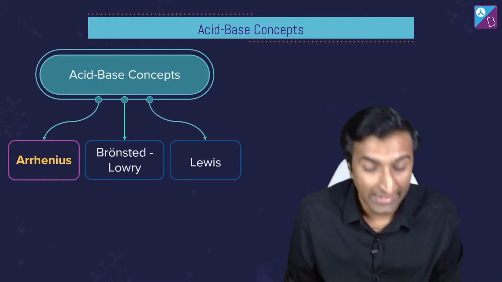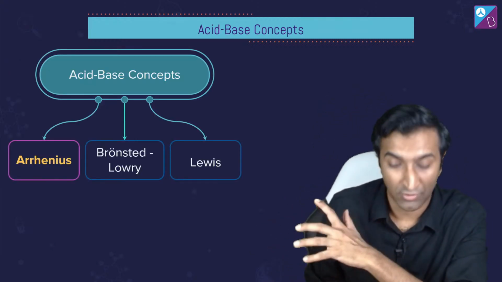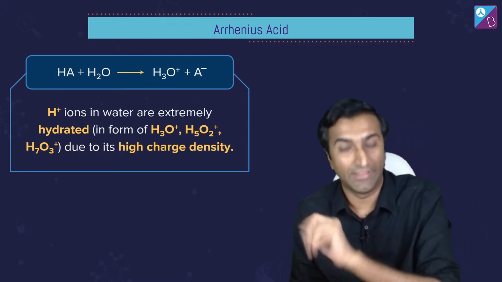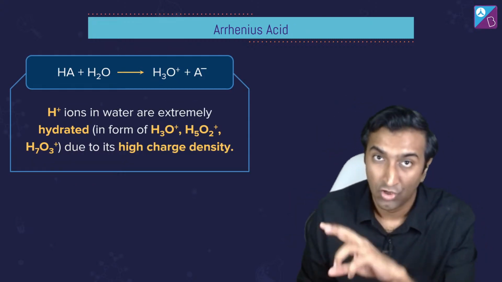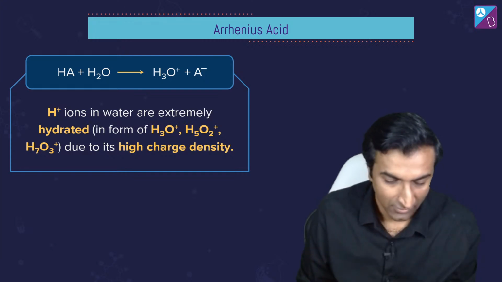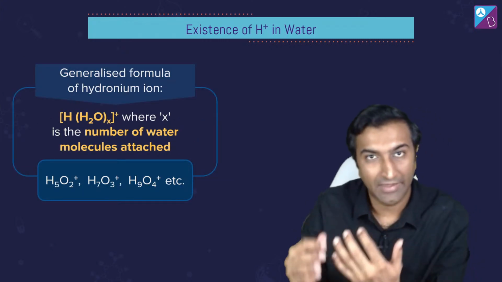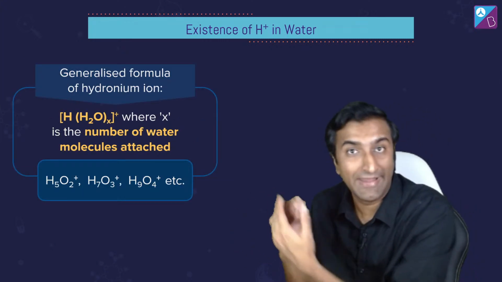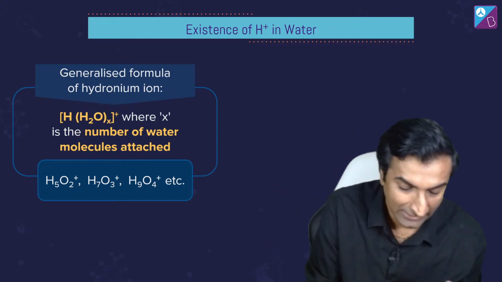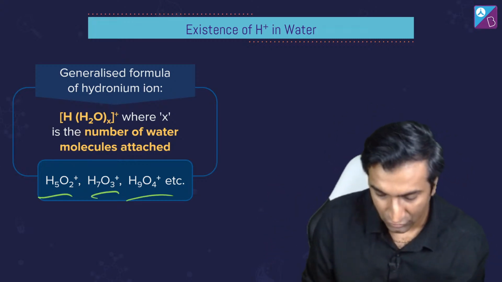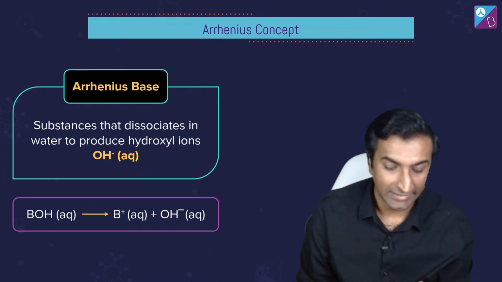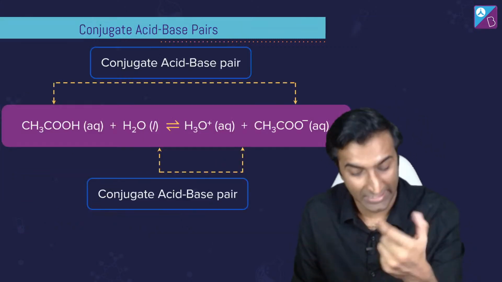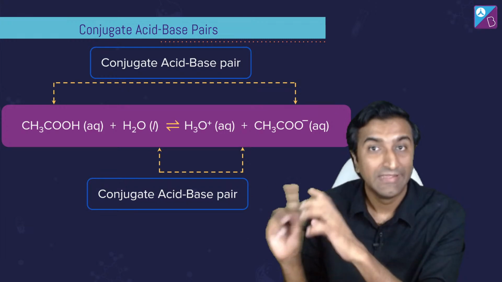खैर, सेशन समरी क्या है? एसिड बेस कॉन्सेप्ट्स 3 वाले, आर्हेनियस, ब्रॉन्स्टेड, लॉरी और लुईस. आर्हेनियस हैड टू डू H+, ब्रॉन्स्टेड H+ एंड OH- दोनों, और कॉन्जुगेट एसिड बेस पेयर वाज देयर. H3O+ is a bigger and more relative thing to talk about than H+, because H+ बहुत छोटा होता है and it keeps forming larger and larger species like this. छोटा सा theory idea. Arrhenius base क्या होता है? OH- furnish करने वाला.